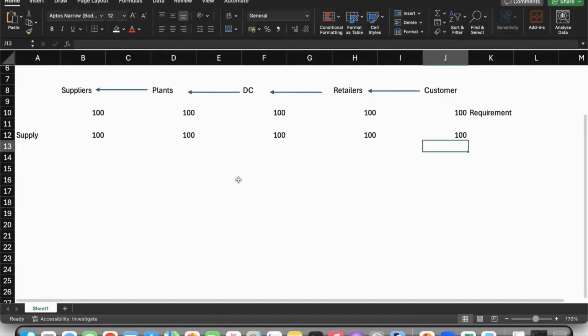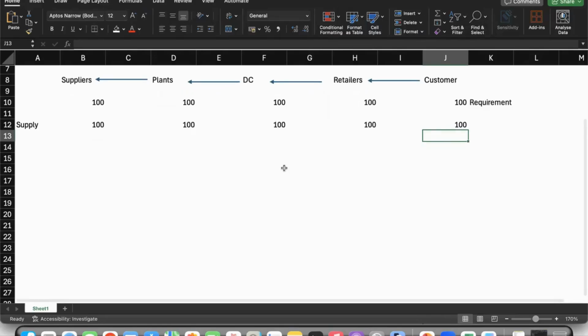Whatever network I have considered here is a basic network, but in real time we don't have only one customer or only one retailer or DC, right? We have n number of customers, n number of retailers, distribution centers, manufacturing units, and n number of suppliers, right? So in order to manage that, it is not possible via manual effort. Right? Obviously, it requires